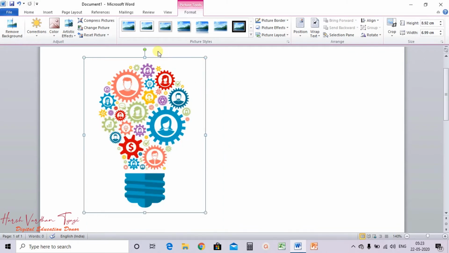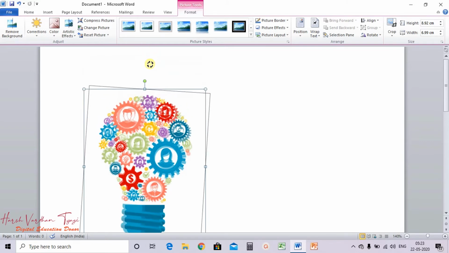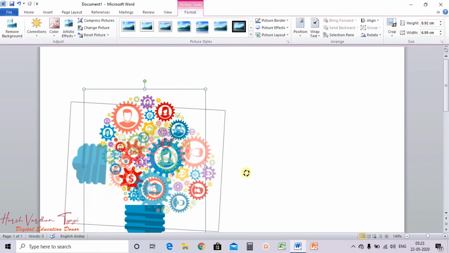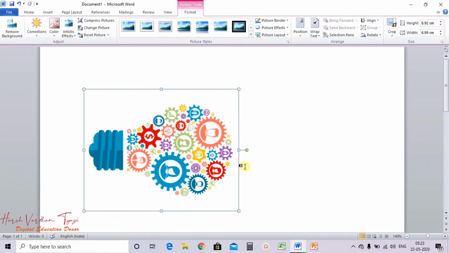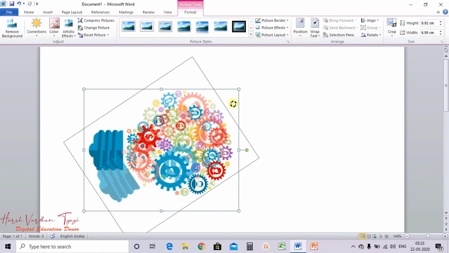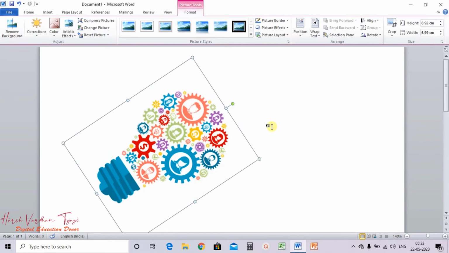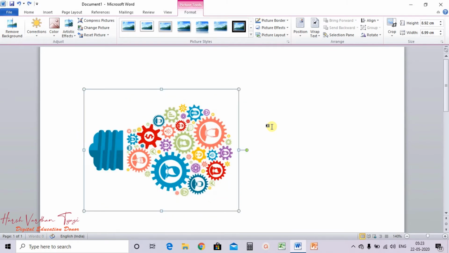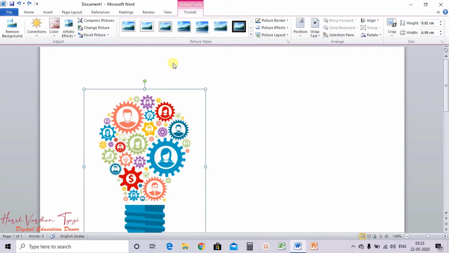This particular green dot, when you select an image, is used to rotate the image this way. If you want to rotate the image, you can rotate it. So this is how you can insert an image if you have that image saved in your computer.